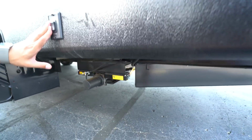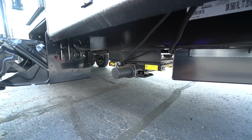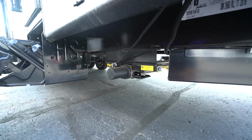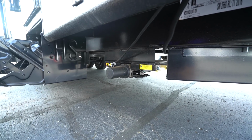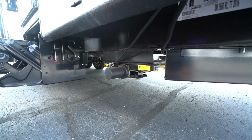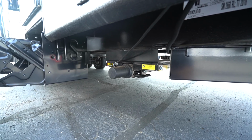When you drop down, you'll see the switch here, and what that operates is your power stabilizer jacks. Now, bear in mind, folks, these are not levelers. You still want to have the coach leveled out, but these do stabilize the coach so it doesn't rock when you're walking around, and having them being powered means it's less work for you, so it's easier to set up